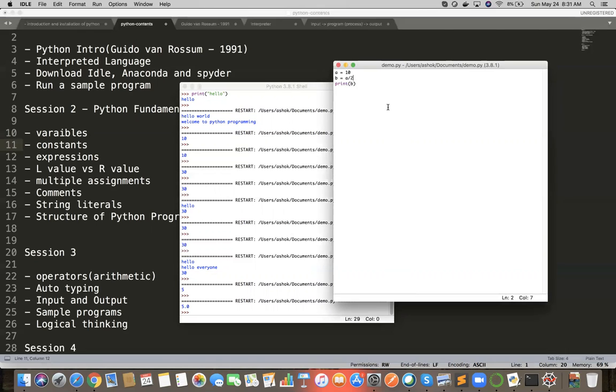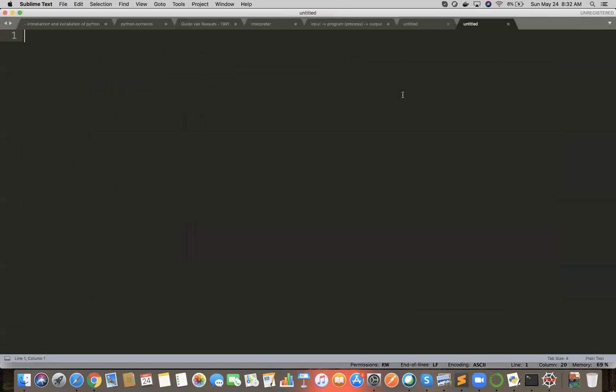So as I say, the Python character sets are a number, a floating point, a boolean or a string. So it falls under these four categories as a primary data type construct. What are the four primary categories? It's either a number, which in other languages you can call an integer, or a decimal, which is a floating point, or a boolean literal, which is nothing but true or false, and a group of characters which we call a string.